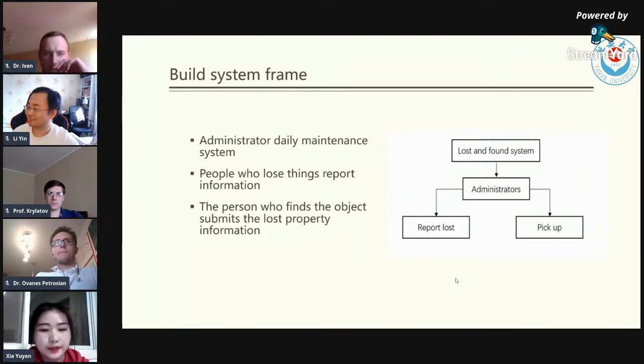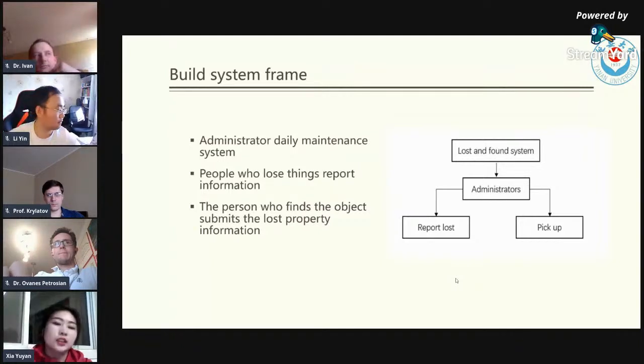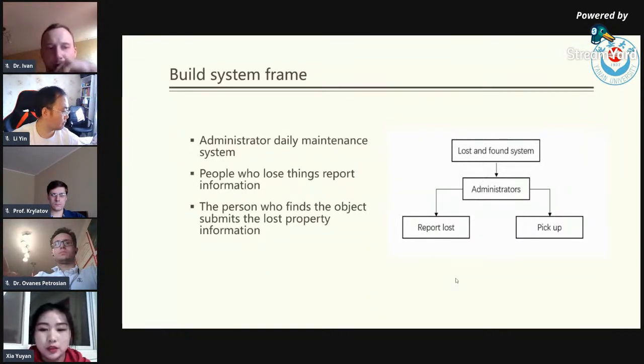Page 6. Analysis of business procedures. Administrator: after entering the system, the administrator first sees the login interface. It needs your password and account info to log in, and the system will detect the accuracy of the account information